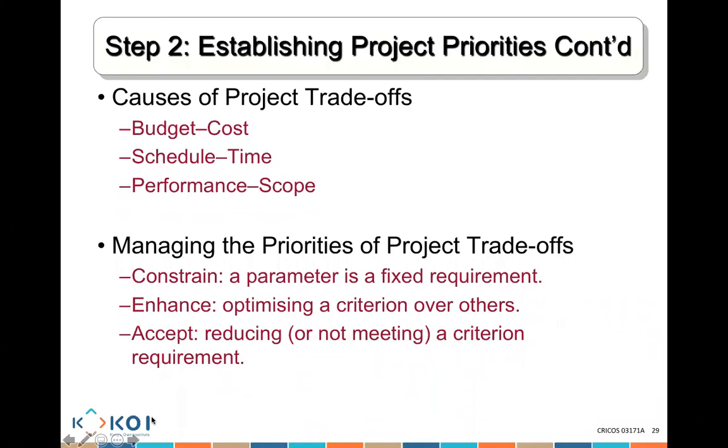If I say, for example, I would like to enhance it, it means I would like you to optimize the outcome that gets delivered. So we're going to try to get a better outcome. If, for example, we say we want it done in 10 days, but you can enhance it, well, if you enhance it, it means you could get it done in 8 days, for example. That's an enhancement. Accepting is really, you accept not meeting the criteria.